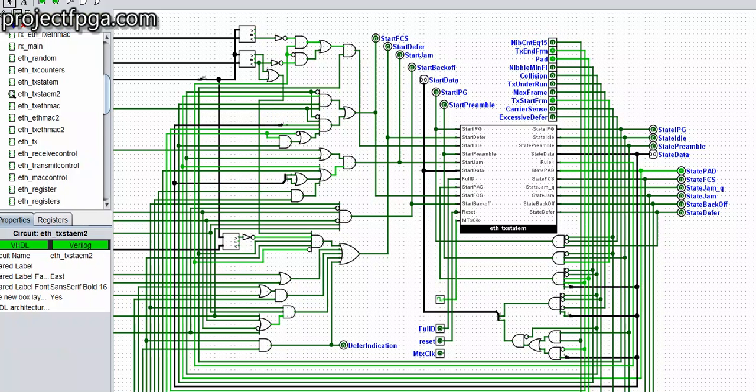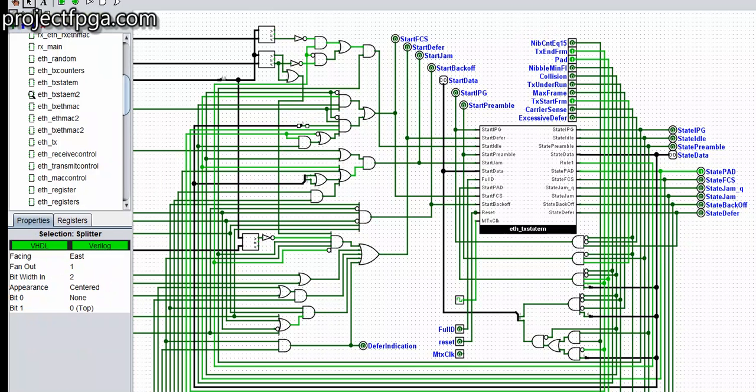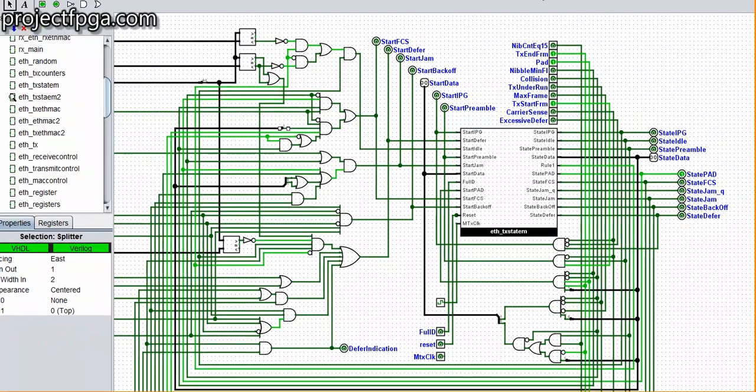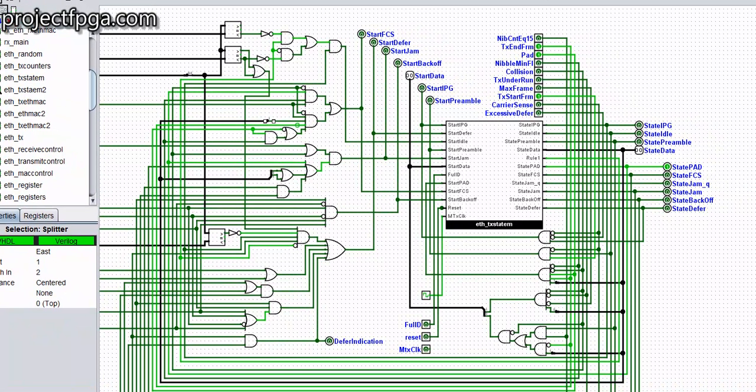See, this is a splitter where I split the two states. Watch what happens here. Bit 1 is at position 0 top and bit 0 is none. That is, I removed bit 0. This is a wire splitter, for people who don't use Logisim. So I split the two states and I'm taking only bit 1. I removed bit 0. You can see bit 0 is in no position, it is none. Only bit 1 is at 0 top. So whenever I say state data 1, it means state data 1. When I say state data 0, it is state data 0. So the next condition